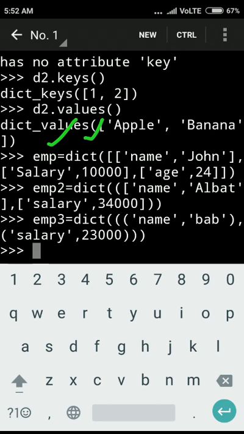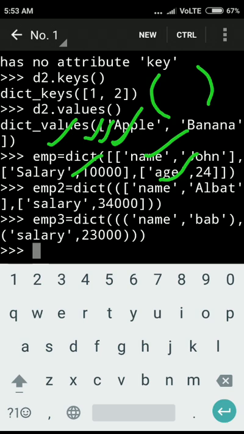Then after the opening bracket, two square brackets. This means there is one list type in the dictionary constructor, and all key-value pairs are contained in one list, so three lists here.